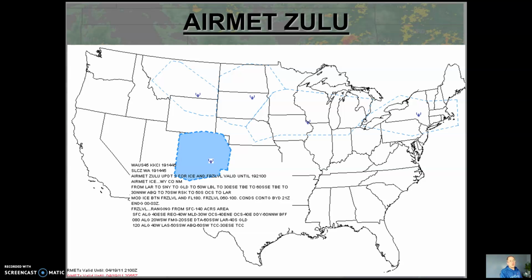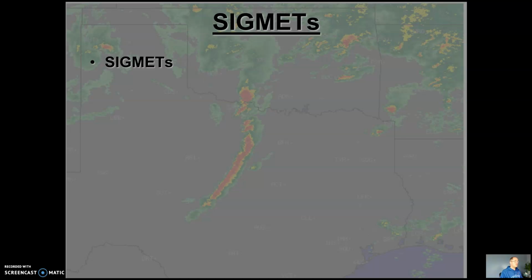It doesn't mean that the entire layer is turbulent, but instead of overcomplicating the process, like here, we could put out multiple freezing levels, maybe 6,000 to 8,000, 8,000 to 10,000. Here we can see even freezing level in other portions ranging from the surface, and that's going to be related to terrain and other things. So it would get overcomplicated, and so they'll make larger areas and then just make some specific details about what's going on within the AIRMET itself.